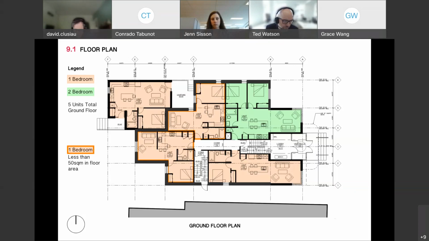The mechanical units are the heating and the makeup air unit. The makeup air unit will be on the roof, and the air conditioning will be dealt with by wall-mounted split units, with the condensers on the roof. Okay, so each of these units, of which there are 4 to 5 per floor, will have an air conditioning unit associated with each room?